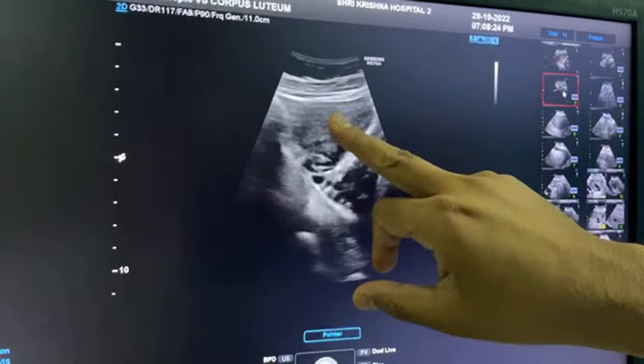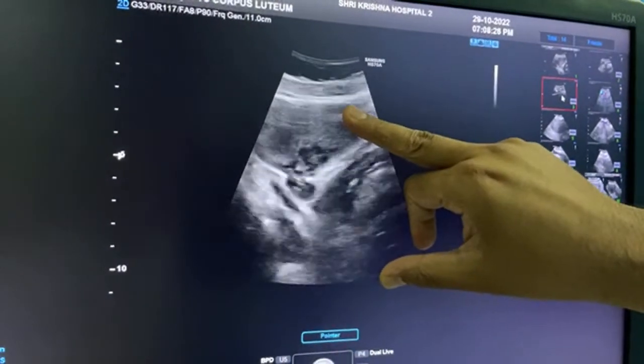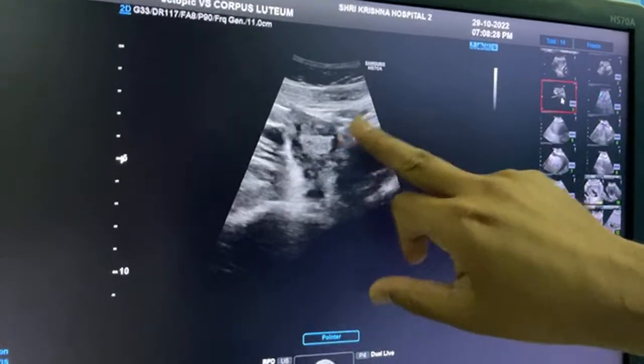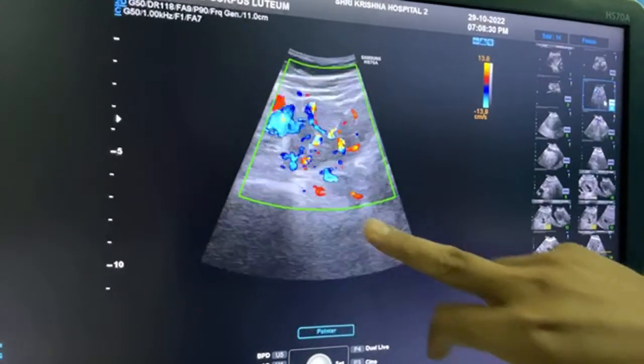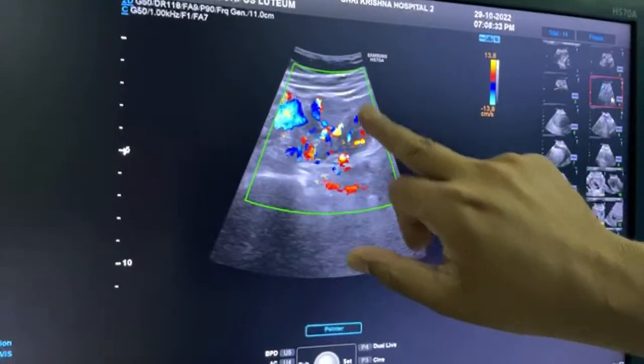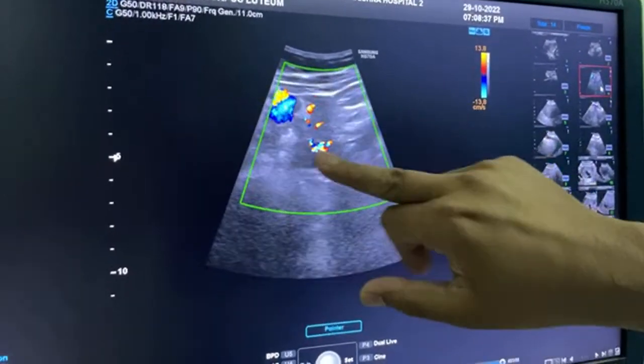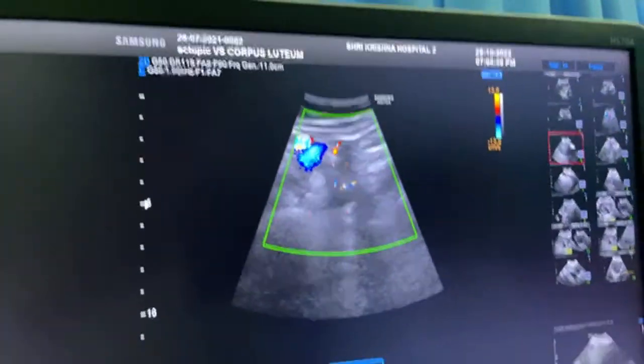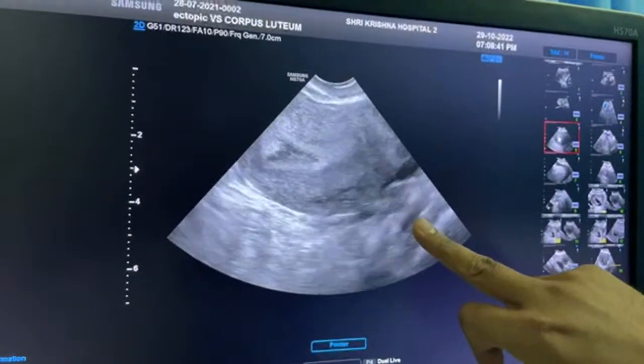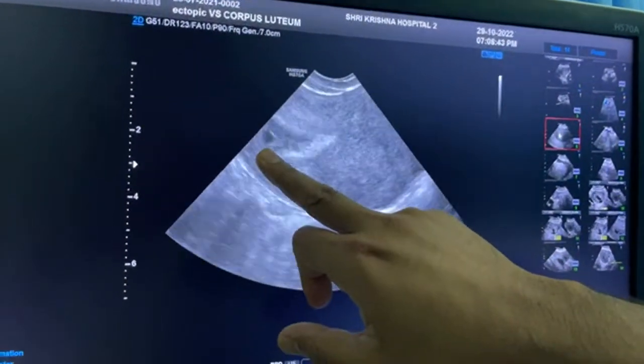Now let's see this. We are seeing an echogenic mass around this right ovary. You can use the color, but again I am telling you, you should not give much value to this, the ring of fire is of no value. Always apply caution. Now see this, there is a mild free fluid.